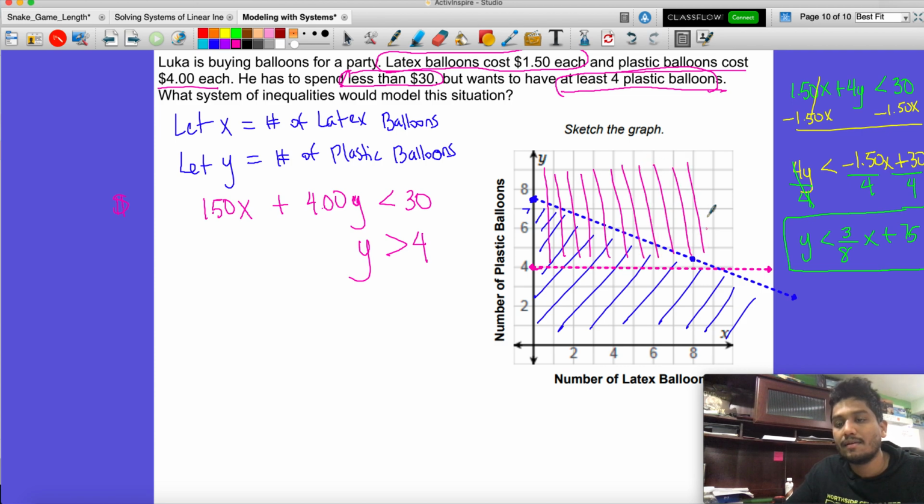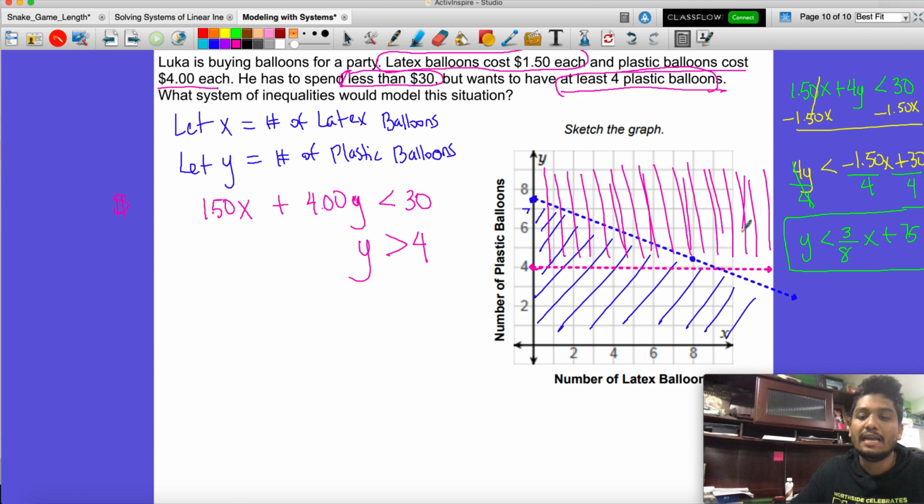So we're going to go ahead and just shade them all in. And what we're looking for is where they overlap. Here, you're going to see right in this little triangular area, this is the area where they overlap. Any point inside of that triangle would be considered a solution. We can actually take a second and do that, so we can show you where that is. Now I'm just going to put a random dot, I don't care where it is, and put it